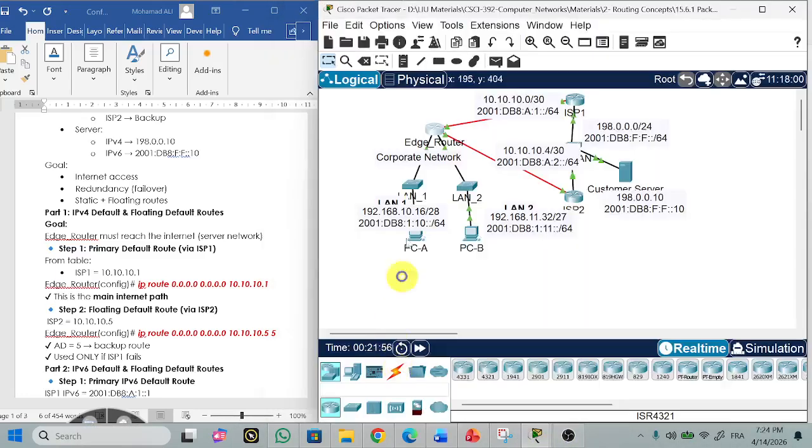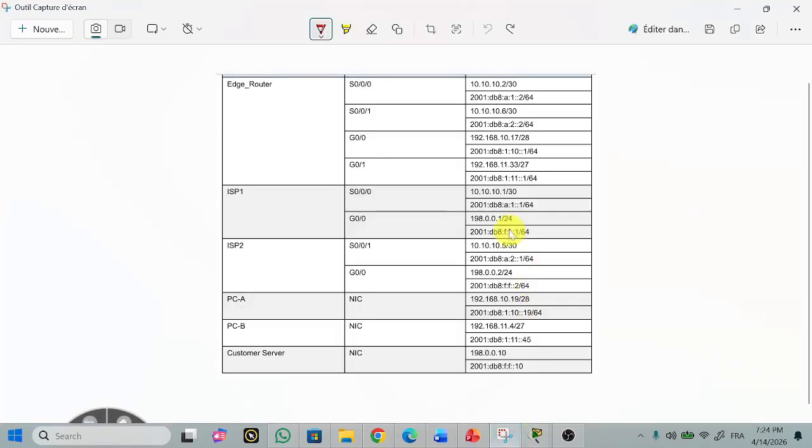So the next hop IP address for this link is this address. So you will take this IP configured here, which is ISP2 at this interface, which is 10.10.10.5. Okay,